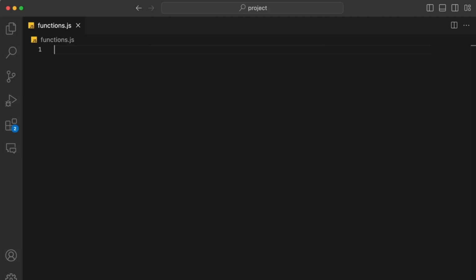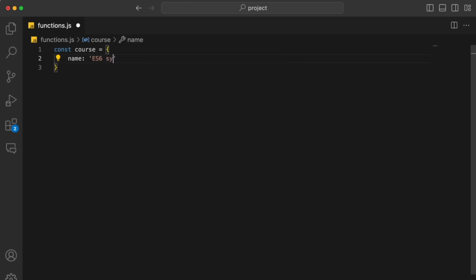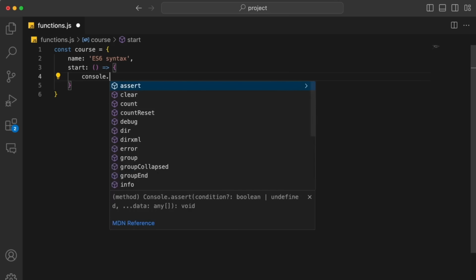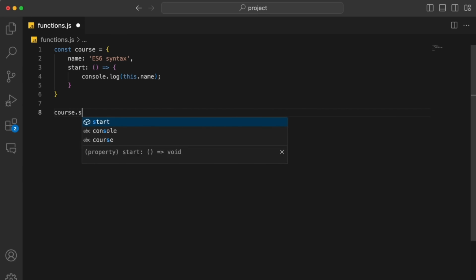So that covers the function declaration syntax. Now arrow functions don't have their own this context. Instead, they inherit this from the parent scope at the time they are defined. So if I create another object, say const course assigned to the name, ES6 syntax, then start, and I'll have that use an arrow function, parentheses, the arrow, curly braces, and this will console.log this.name. So now if I use that, course.start,